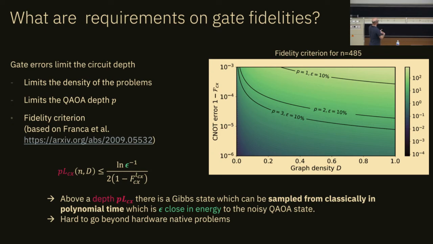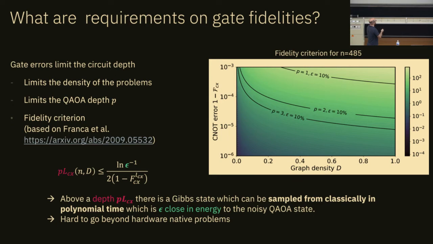We translated this now into a concrete example. This is for 485 qubits or binary variables. We choose this weird number because for the heavy hex graph and for the grid, we can find topologies where this is pretty close. So we wanted to compare different topologies, and this was a number that nicely matched.